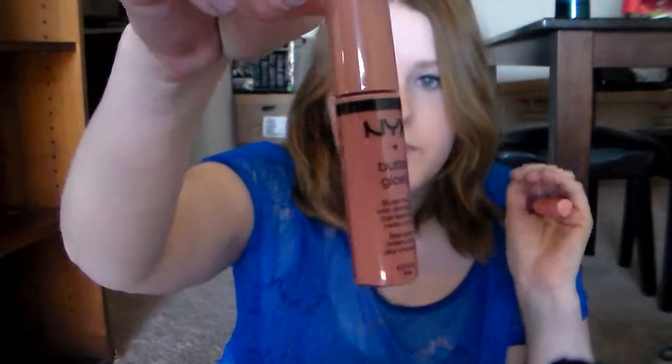The first thing I'm going to show you guys is stuff I got from Target. My Target does not carry NYX, so I was so excited that I could find some butter glosses. I got all the 4 shades that they actually had at theirs, and this first one is Peaches and Cream. It's kind of a bit of a more subdued coral color with a bit of peachiness to it. I also got number 4, Merengue, which is a cool toned pink. There is Tiramisu, which is a more brownie nude. And then the last one is Vanilla Cream Pie, which is one of my favorites, and it is a pinky